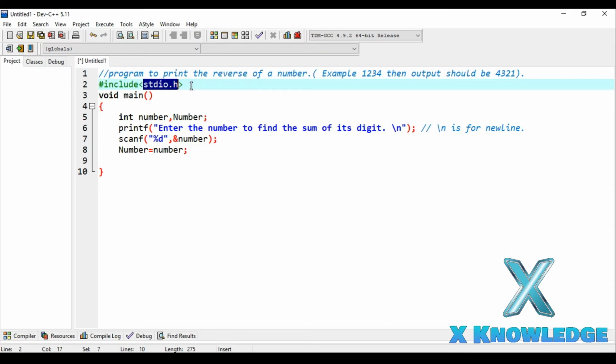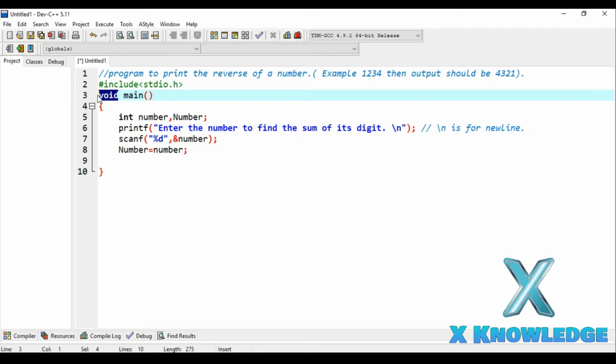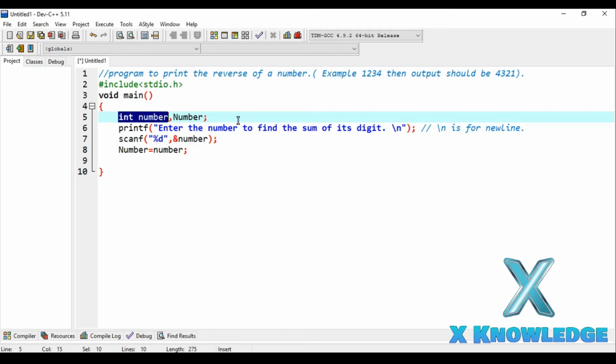And since the execution of the C program starts from the main function onwards, we have also defined our main function, and we have given it the return type void, because our main function is not going to return any value. Okay, and we have also defined some variables. The first variable is for storing the number which the user will give us based on the message. So this is the message which the user will see, and based on this message the user will give us some number, and we have accepted that number with the help of the scanf function, and we have stored that number in this variable.